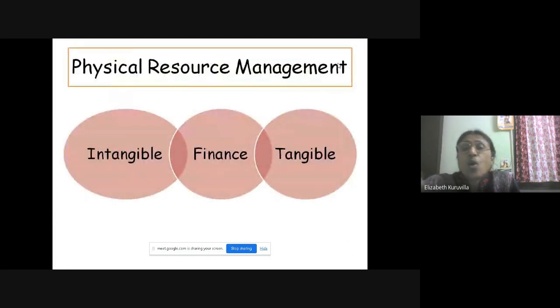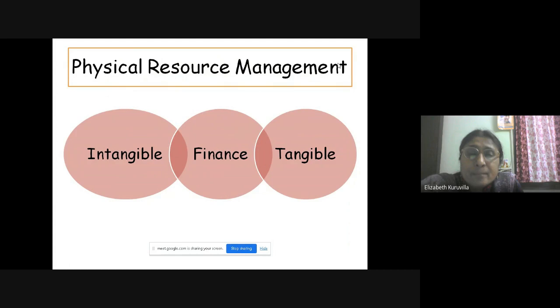Sometimes we can see lopsided kinds of resource allocation. Now, when we look at physical resources, they appear in three ways. Suleiman, can you read these three terms?